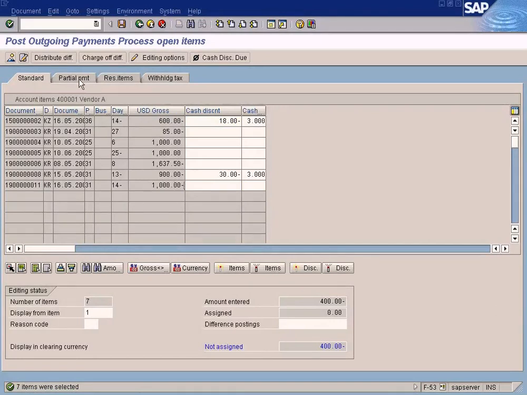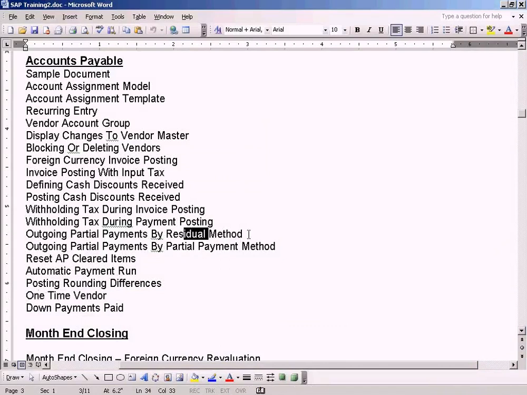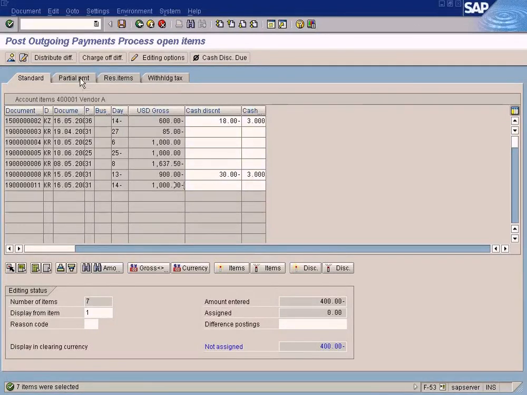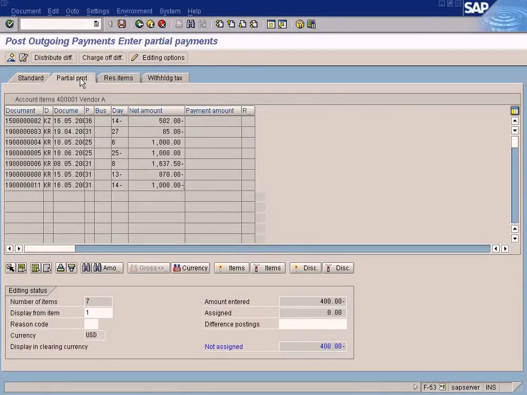So now I'm going to use this tab here because I'm in this topic now, outgoing partial payments by partial payment method. So I have to choose this topic here and double click and enter the partial payment of 400. This is the partial payment that I'm making. Alright, you see not assigned is 600. Yes, that's right. Just simulate,